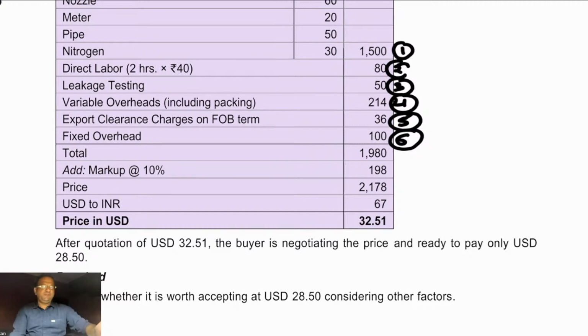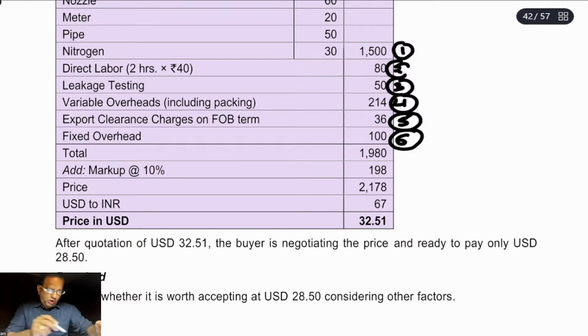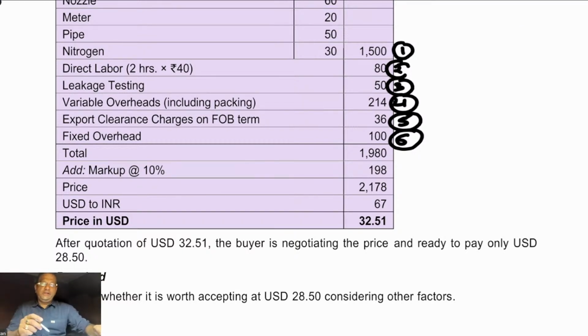We can easily say that unless this export order is executed, we will not manufacture such goods. And if we do not manufacture such goods, definitely all such costs from 1 to 4 will not be incurred. And especially cost number 5 is specifically related with export. Only when we accept the special order of export will the export clearing cost of ₹36